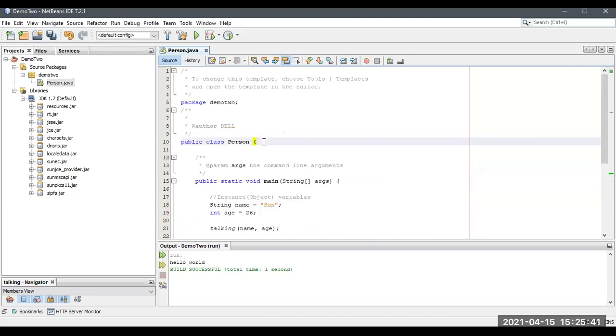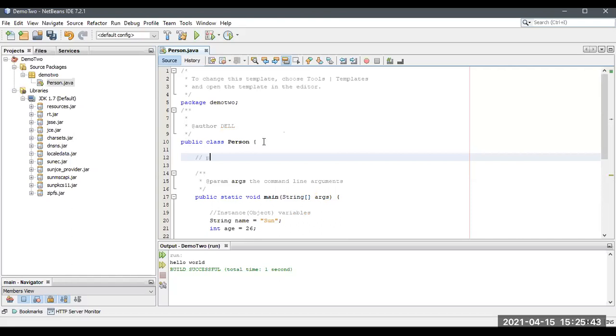There are four access specifiers. Already discussed in the class, I think. They are public, private, protected, and another one is default. What is public? You can access it outside the package too. The private access is only allowed within the class.